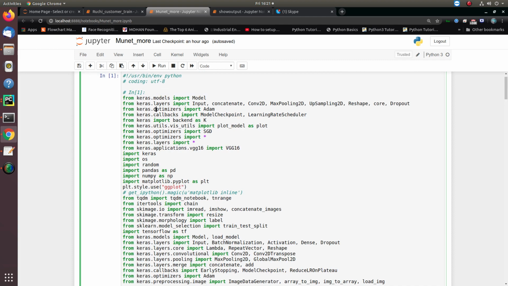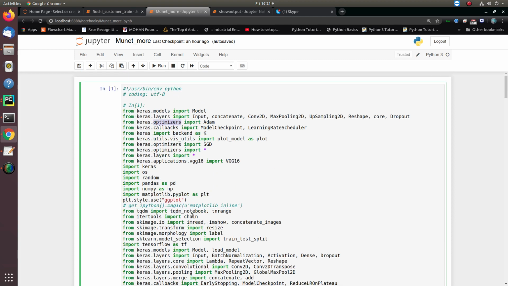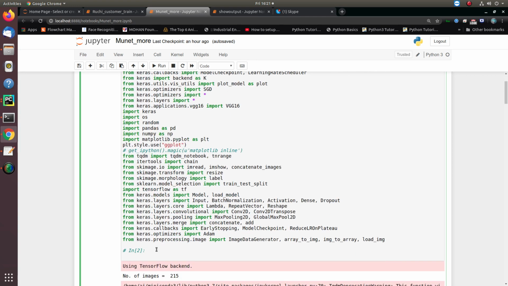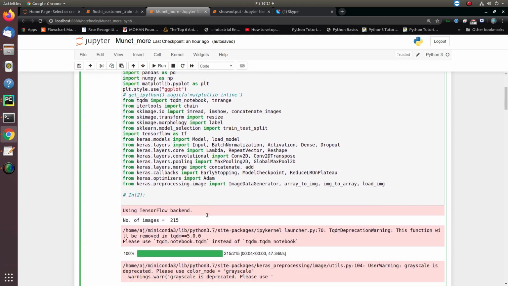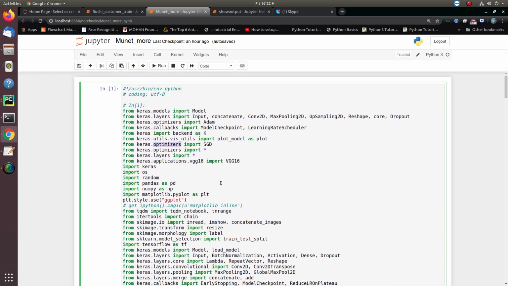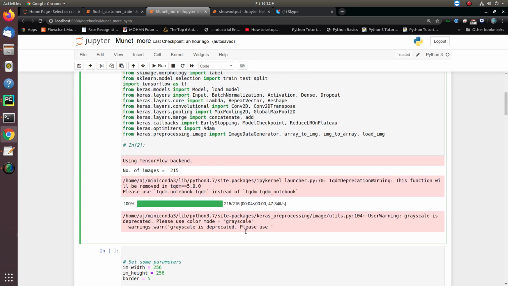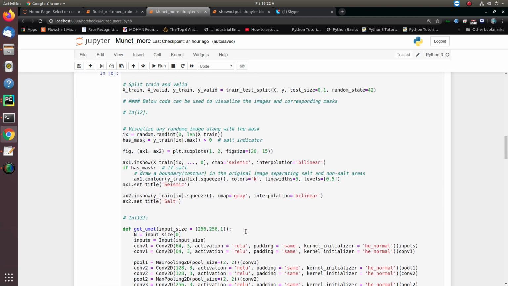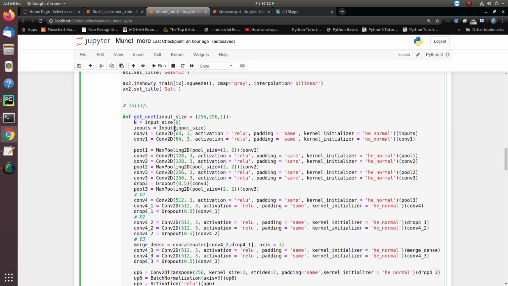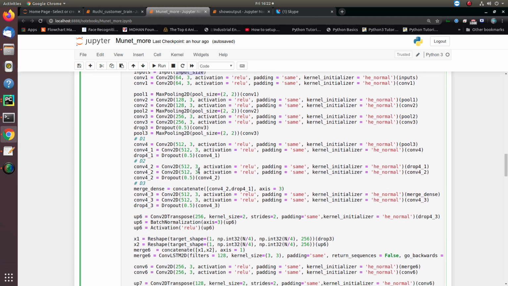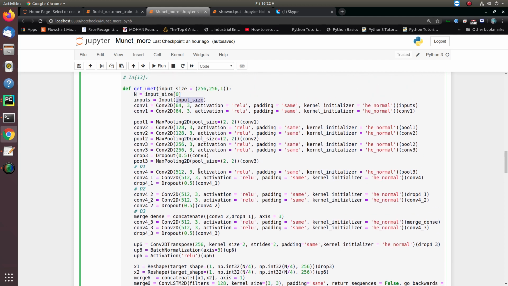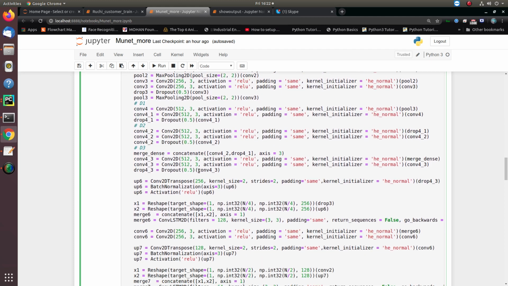First, initially we import the basic libraries. This implementation I'm doing in Keras TensorFlow on the code side. Let me show you the model, then I'll explain it. Basically, in this model, that's how we define the input image. Every UNet model is basically, in layman's words, an encoder-decoder system.